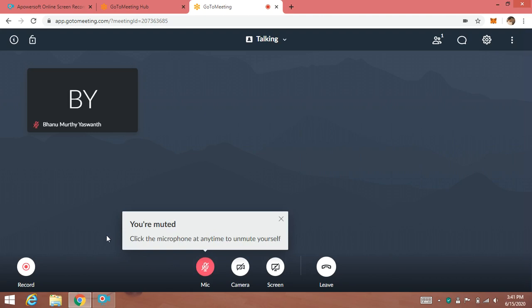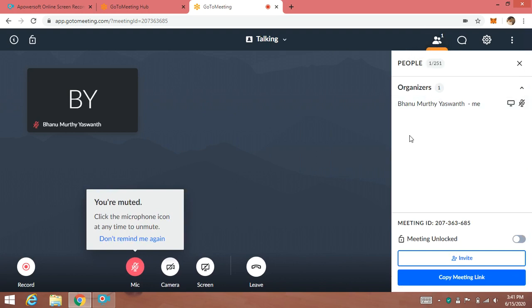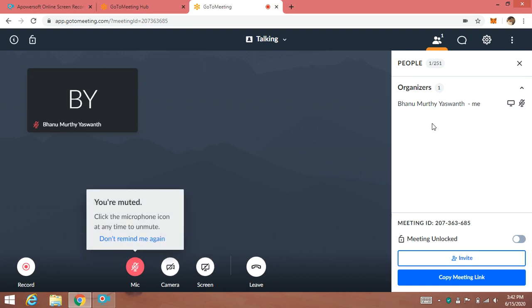Once you have joined, here you have the people. Once you have shared the ID, the students will join continuously, and when you click this, you can see the organizers and the list of participants. Besides that you will see this microphone symbol, and here is screen sharing, where you can share the screen directly from this app. I suggest not to use a camera, but if you want to, you can. In the list of participants, each section has 70 students. If you are using 2 sections, then you can expect 150 students.